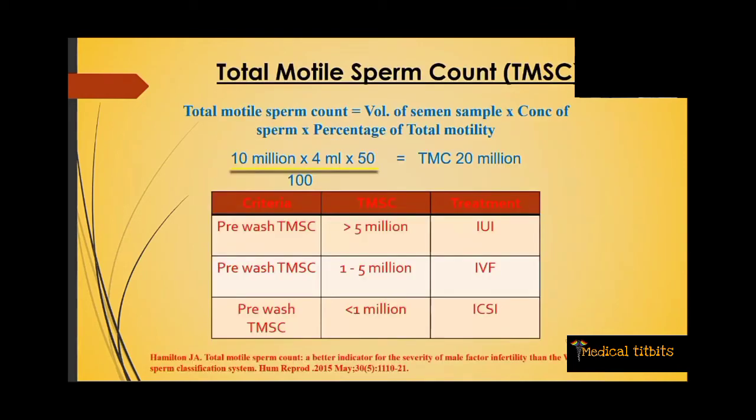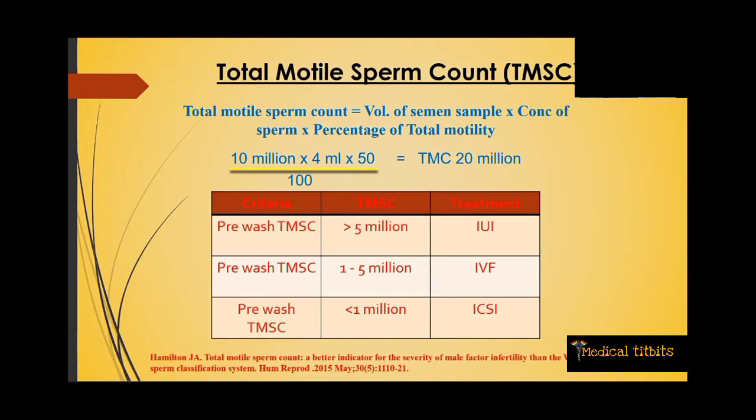Another piece of information we have to decode from this semen analysis is the total motile sperm count, which is calculated by multiplying the volume of the semen sample with the concentration of the sample and the percentage of total motility. For example, if the count is 10 million, the volume is 4 ml and motility is 50%, then the total motile sperm count will be around 20 million, which will give us a rough idea as to how the treatment